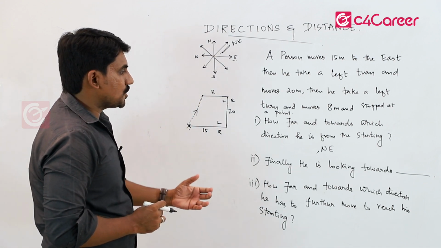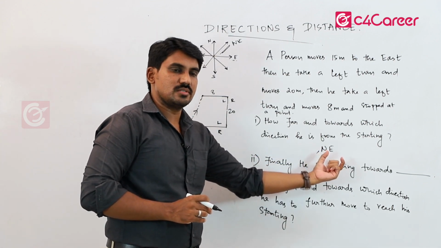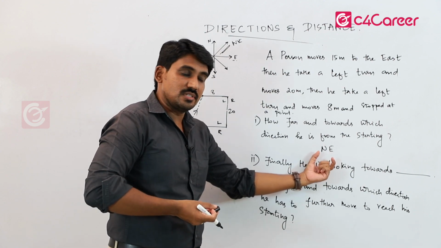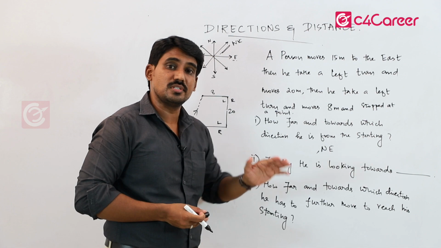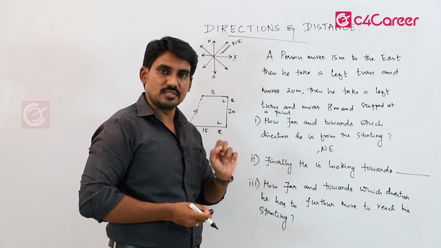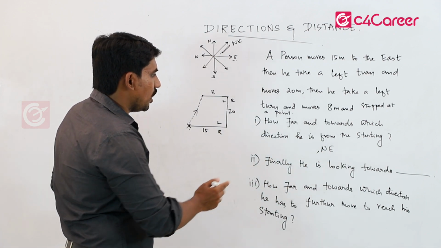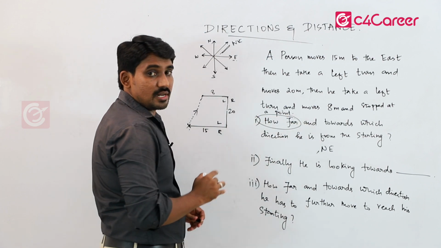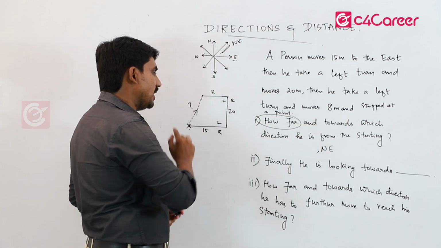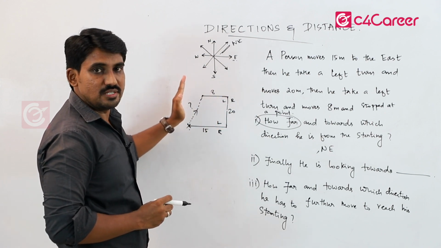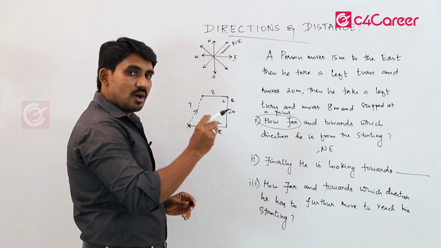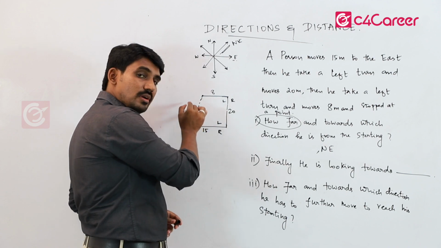Clear? Then in the options, if more than one northeast is given or none of these is given, you can check the value. Otherwise, if only one northeast is given, we can confirm the answer like this. Clear? And we have to find out how far. That means we have to find this distance. We should not calculate like this. That is a wrong approach. Clear? How we have to find this distance is,